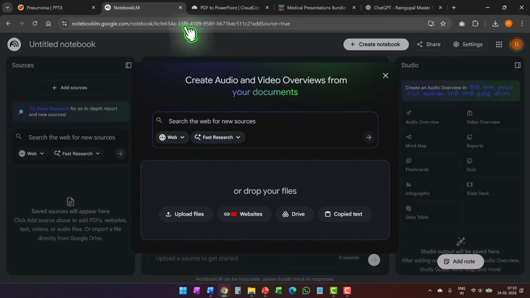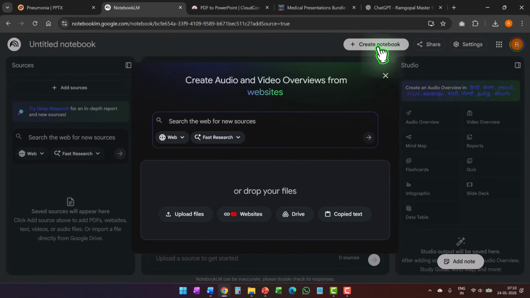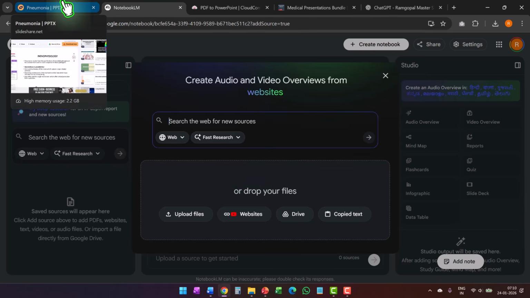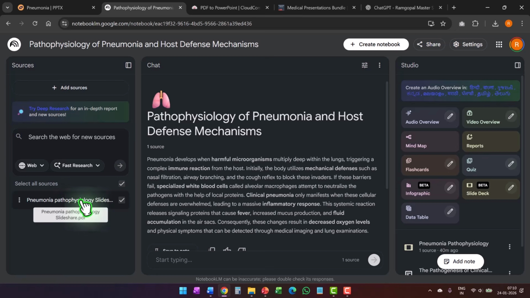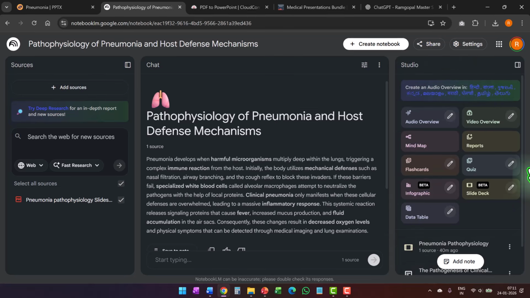Then I went to NotebookLM, created a new notebook, and for the source I went to upload files and picked up the same PDF that I just saved, which is nothing but a compilation of screenshots from a publicly available PowerPoint presentation. You can see that this is the source. And then NotebookLM was intelligent enough to read all the text from the screenshots from the presentation and created a summary like this. Then all I did was to go to Studio, which is on the right,